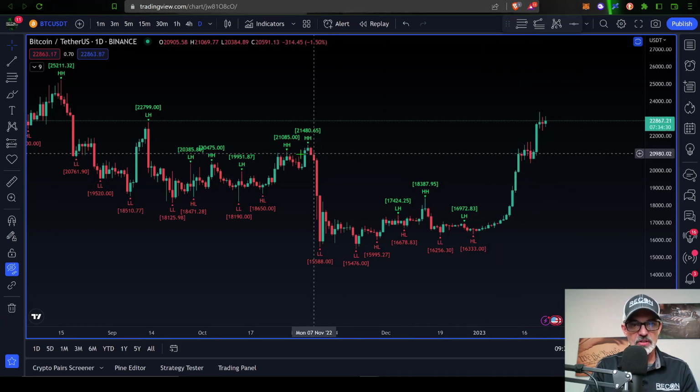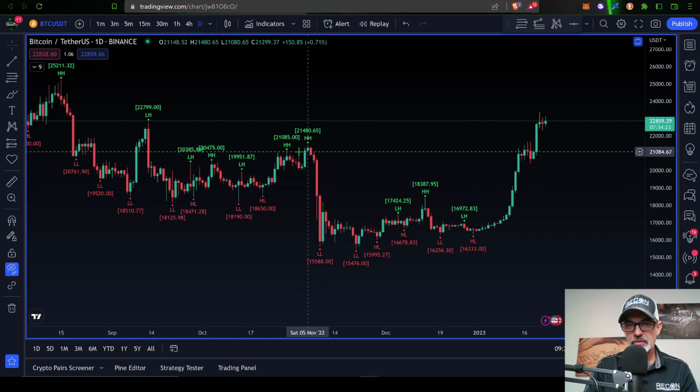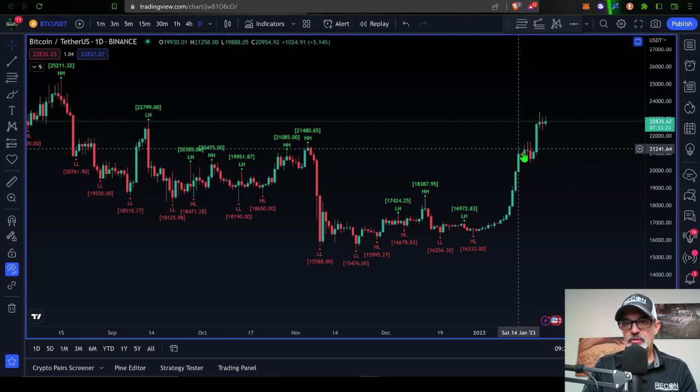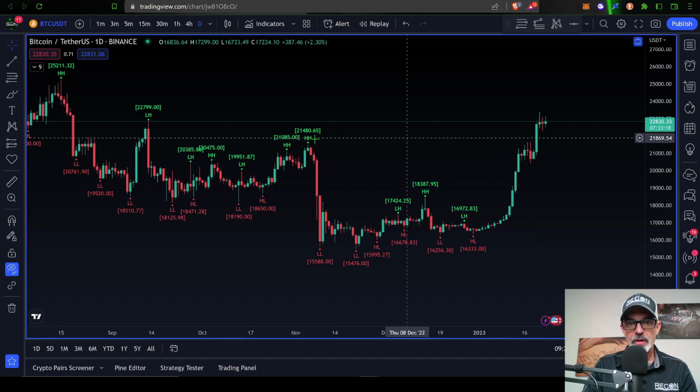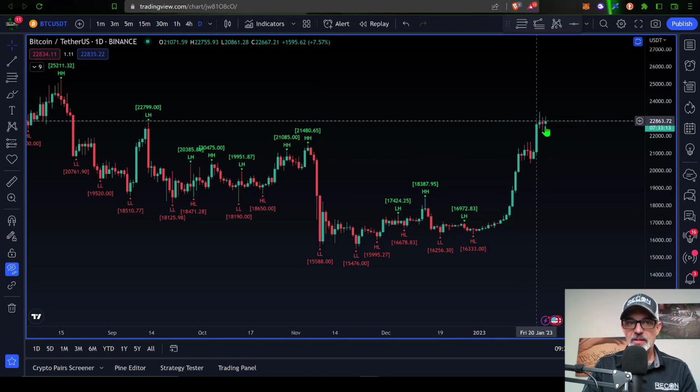Again, check your 6 and look back. Bitcoin's price had run into resistance back here around the 21,005 level, which again, if we jump back over to the CME, makes perfect sense because it correlates right here with that resistance on the CME Bitcoin chart. And so Bitcoin's price did consolidate for a few days only to eventually breach above this resistance level of 21.5 back here. And now again, it's hitting resistance around that 23,000 level. Which again, if you look back and check your 6, that makes perfect sense as that is a prior level